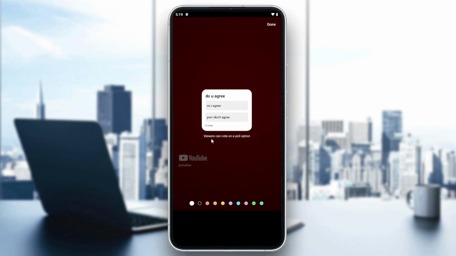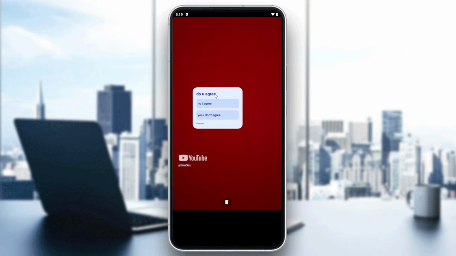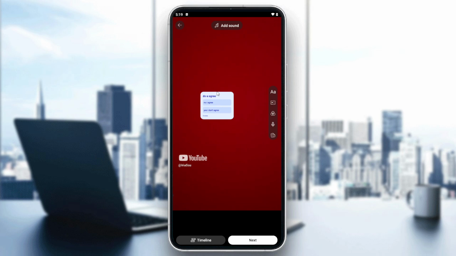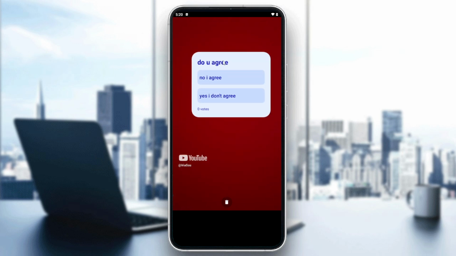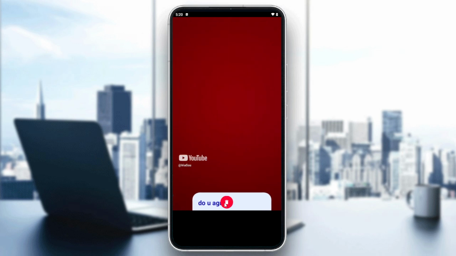And as you can see, viewers can vote on a poll option, and of course you can start having some styling option by changing their color, etc. And you can also move it there, and you can zoom it on your screen, and you can place it wherever you like. And whenever you want to delete a poll option, you need just to drag it and